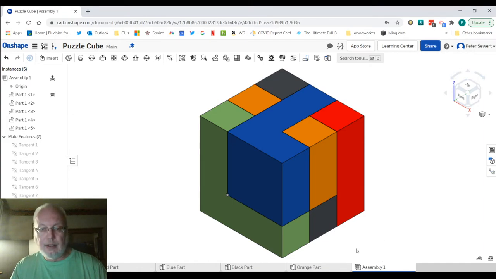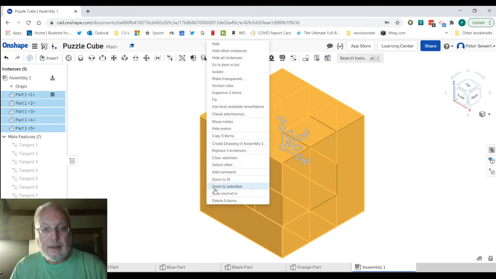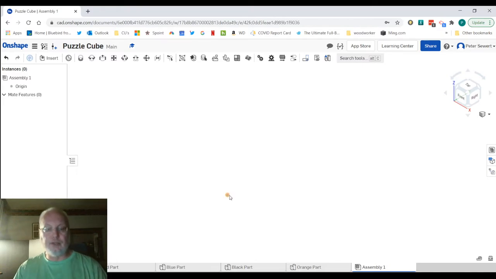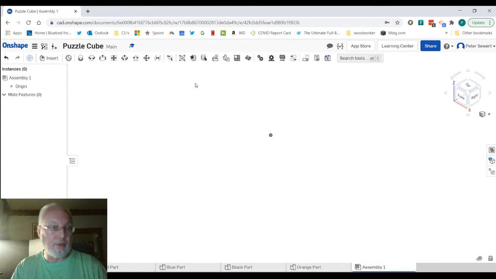And I'm going to actually delete this whole thing just to give us a fresh start. Right click. And let's see, delete should be on here. Delete 5 items. There it is. Okay, so you're going to start your assembly. If you notice across the bottom, I've got my parts, right? Green part, red part, blue part, black part, and orange part. And then I have this tab called Assembly, which is what I just deleted so that I could show you